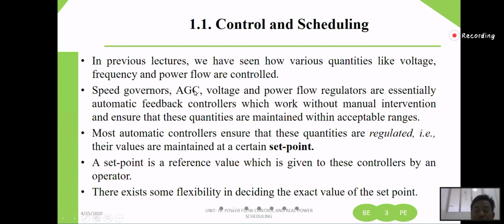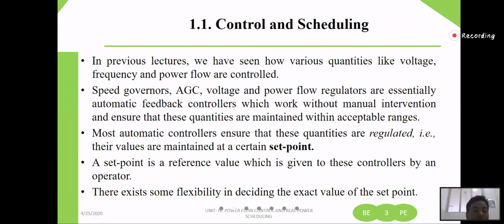Means if it goes beyond that set point, then it will be controlled by the automatic controller, because it is giving feedback that it's going beyond the set point or over the set point. Okay, so this is actually set by the operator, and there exists some flexibility in deciding the exact value of the set point. So now,